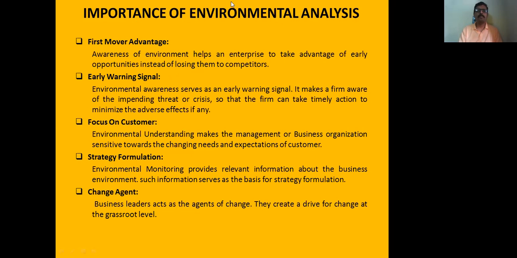Next one is, what is the importance of environmental analysis? The first and foremost importance of environmental analysis is the first mover advantage. What do you mean by first mover advantage? The products which appear first, products which are successful first, can exist for a long period of time. If you are late, if the business firm is delayed, then automatically it loses its stake